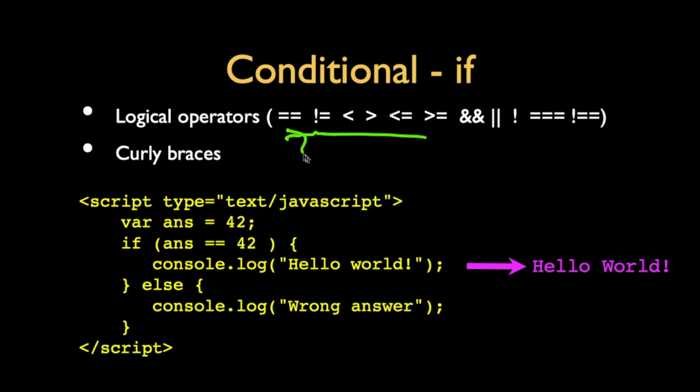Equals, the double equals is the question mark. Triple equals is the same as and same type as. Not equals, the not, and then the and the or. Double ampersand is and, a double vertical bar is or. And so triple equals and exclamation double equals. And curly braces are the way that we talk about the begin and end of the blocks that are affected